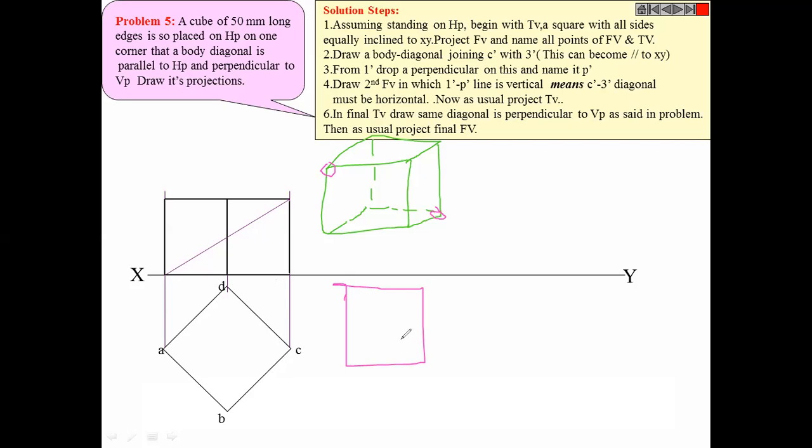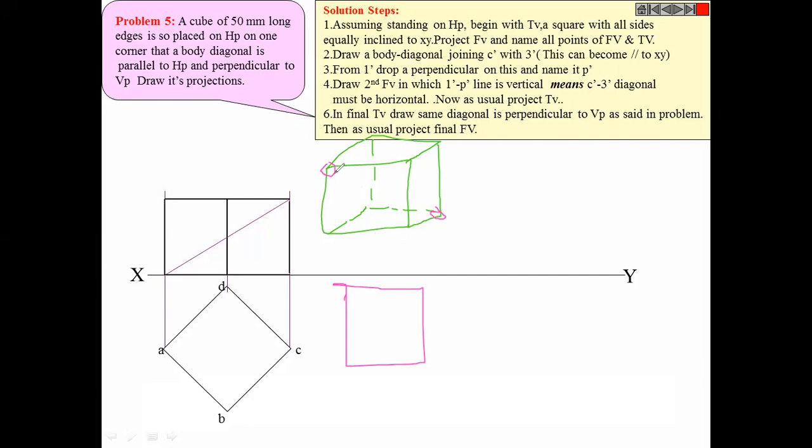Are you listening to me? Yes, sir. So in ideal cases, we tend to draw the top view of a cube like this.